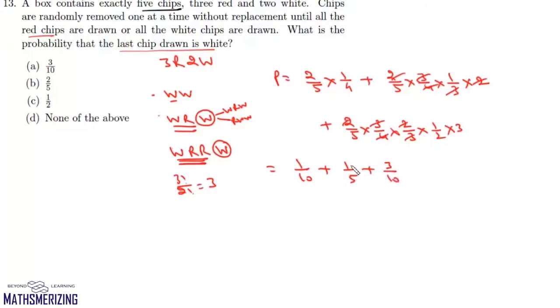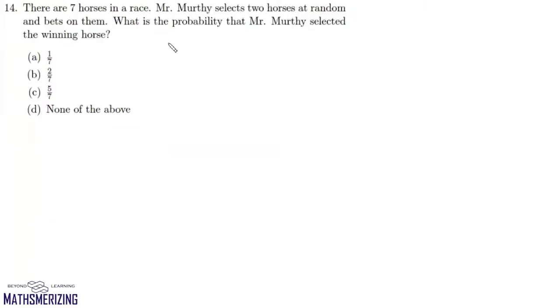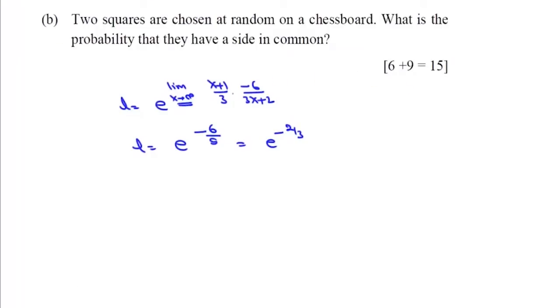So it will be 4 by 10 plus 2 by 10. So it will be simply 6 by 10, which is 3 by 5, and that's your option D. Now in part B it says two squares are chosen at random on a chessboard. What is the probability that they have a side in common? So if we look at a chessboard, then